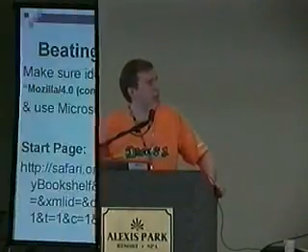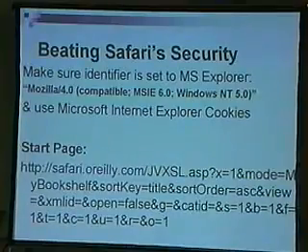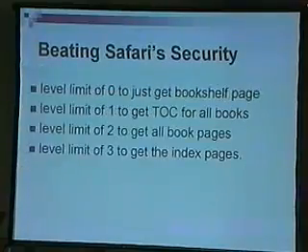If you're doing a whole bookshelf this way, it's going to take a while, but it's not going to set off the alarms. And if it does set off the alarms and it does lock you out, there's a way to clear out only the bad pages and take advantage of that. You also want to make sure that you set your identifier so that you're using a valid browser. If you tell O'Reilly that you're spidering and trying to grab it, they instantly lock you out. It'll definitely lock you out. That URL is actually the front page of the bookshelf.